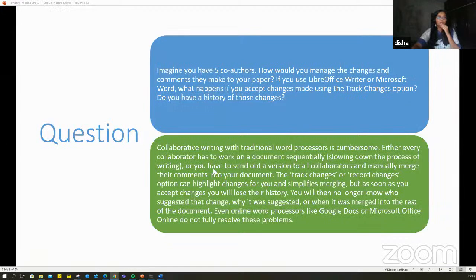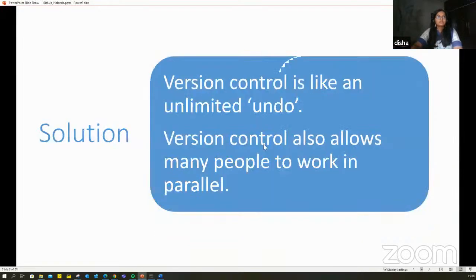Okay, so that's one thing, collaborative writing or collaborative project working solutions that typically people are aware of. But in software development, this again sort of a linear kind of a system gets tedious over time. So then the solution to this is what I was talking to you about, is version control.